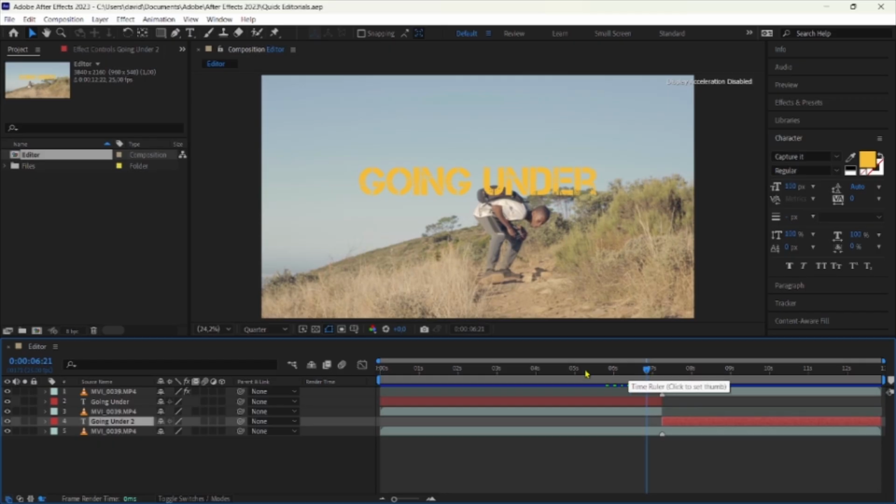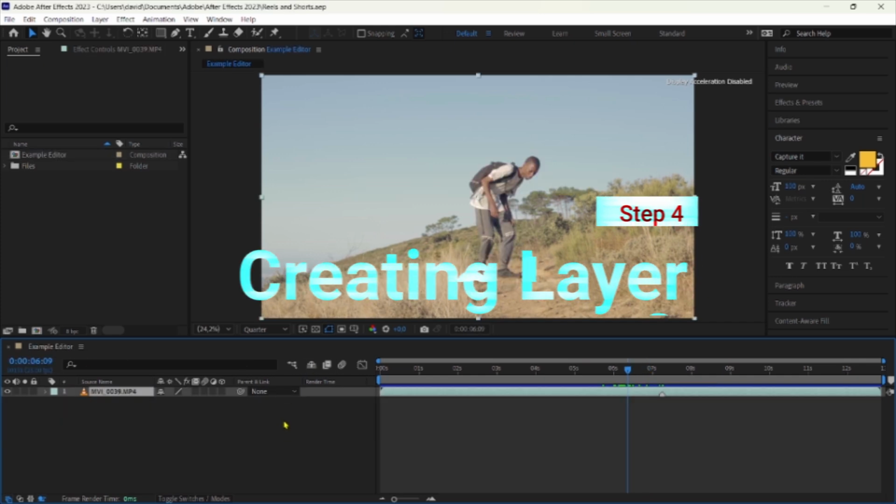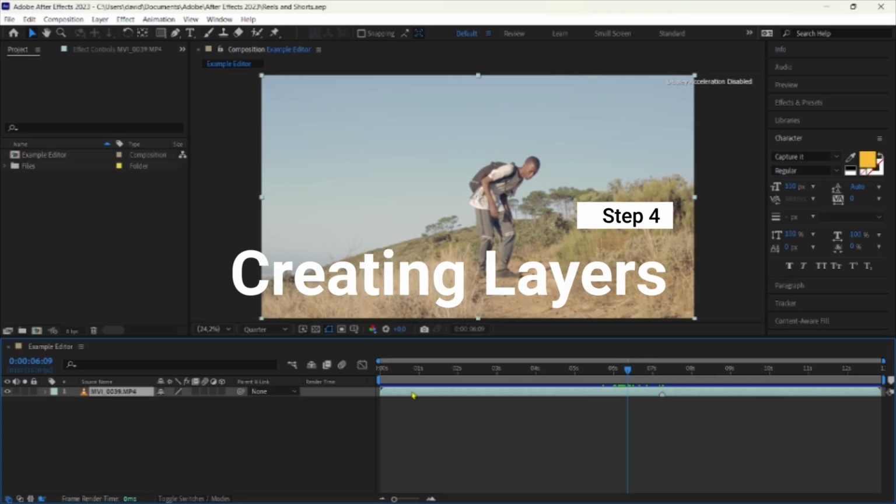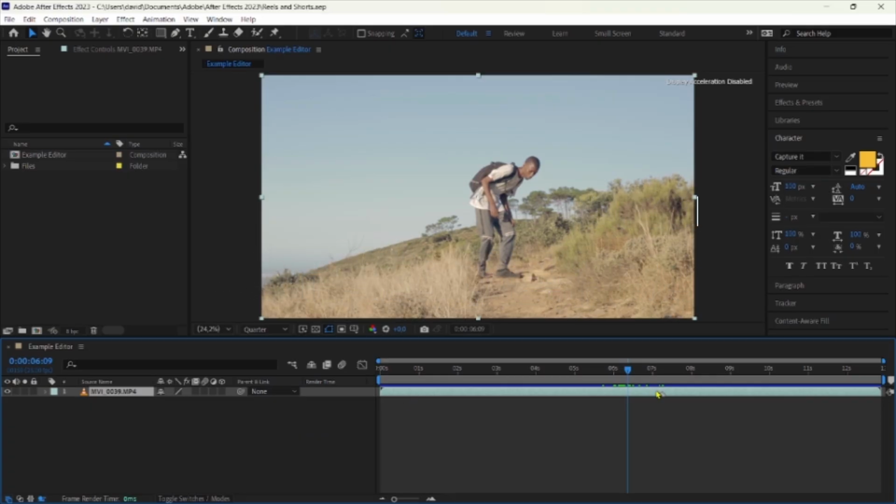I'm also going to show you how to go about doing that and how to place these layers so that everything functions all right. So this is the project that I've already worked on. We're going to start with a clean project and build our way up until we have these 5 layers that you're seeing on the timeline. All right, now that we've started a new project that is clean without any layers, what I would like to remind you guys of is, remember this marker that I placed in Premiere Pro before bringing the project inside of After Effects.